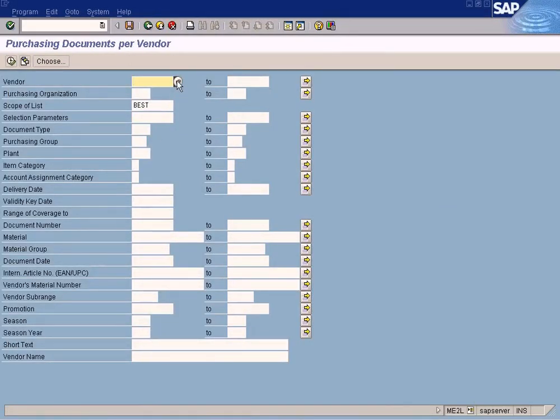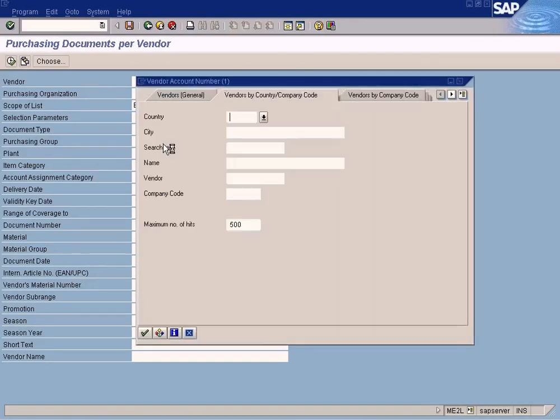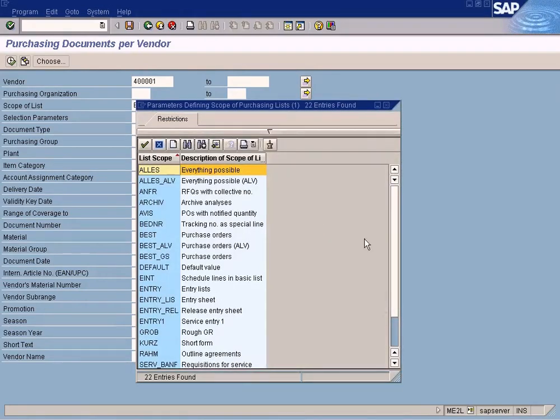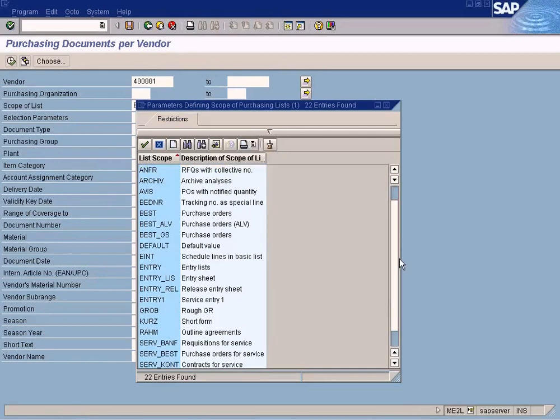Okay, now we can choose the particular vendor for whom we want to see all the purchase orders that we have raised. I can directly key in as well. Let me just key in. Scope of list is something very important that you should know about this report, because this scope of list will determine further criteria on which other details need to be shown. For example,